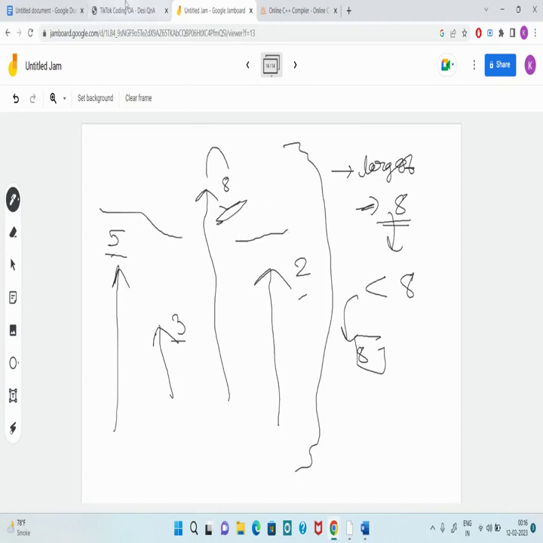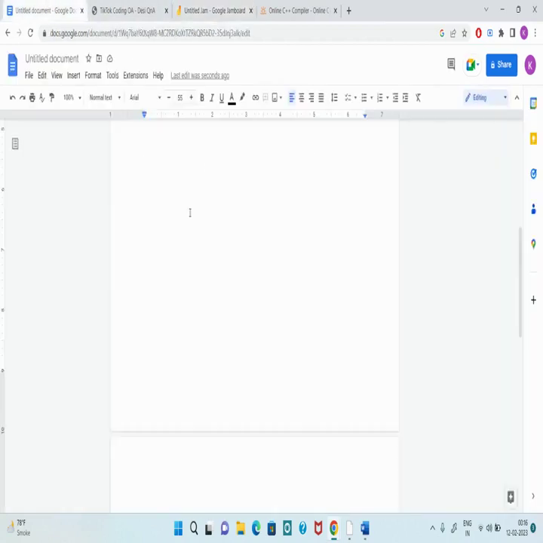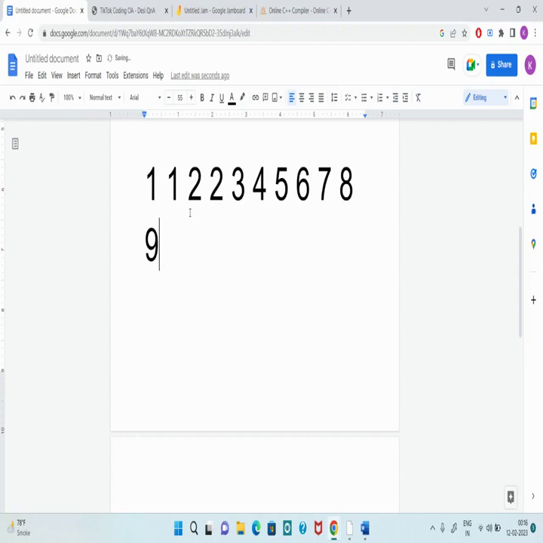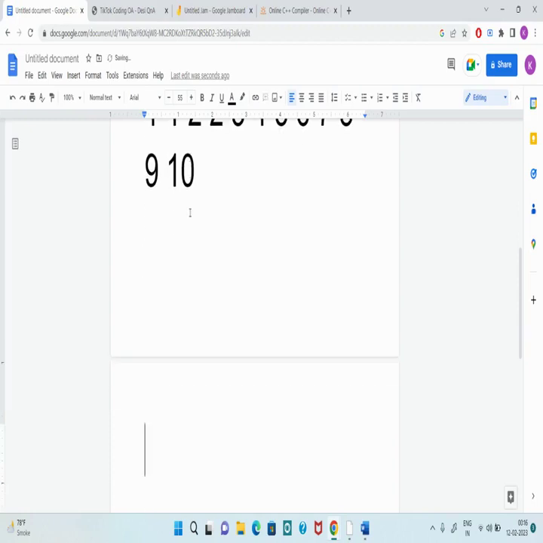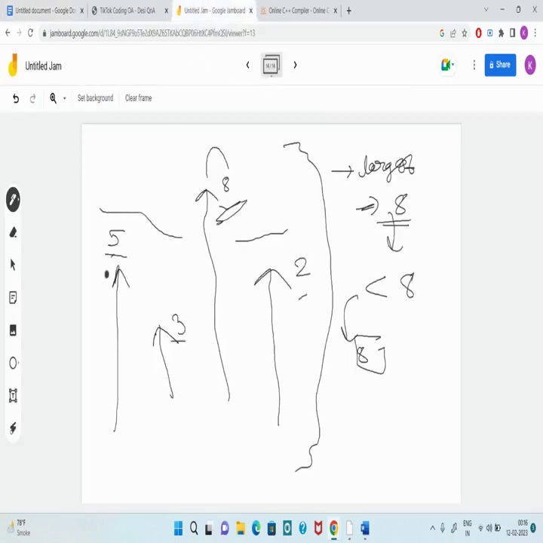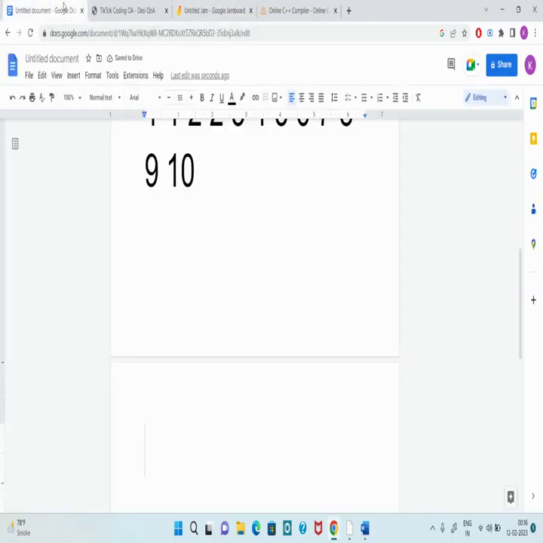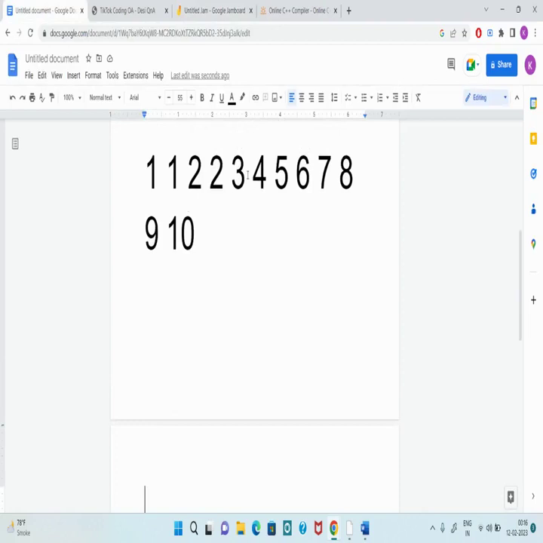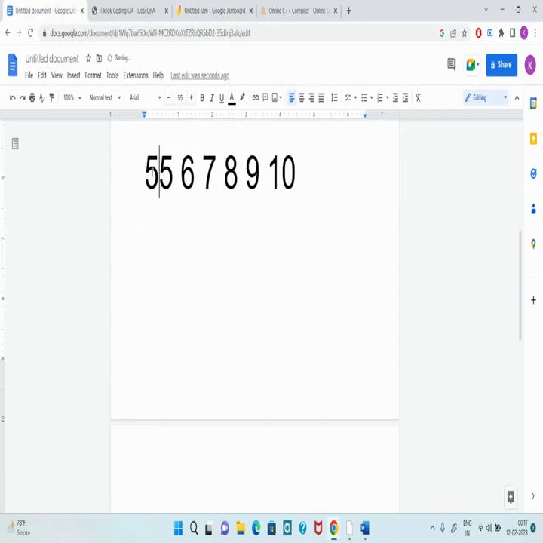So say you are given 5, 3, 8, 2. So 5, 3, 8, 2 are all our operations, and let me write some random array: 1 1 2 2 3 4 5 6 7 8 9 10. So guys, if you observe carefully, when you do the first operation, you have to make all the numbers less than 5 equal to 5, right? So you will make all these numbers equal to 5. So 1 2 3 4 5 6, you will change 6 numbers,